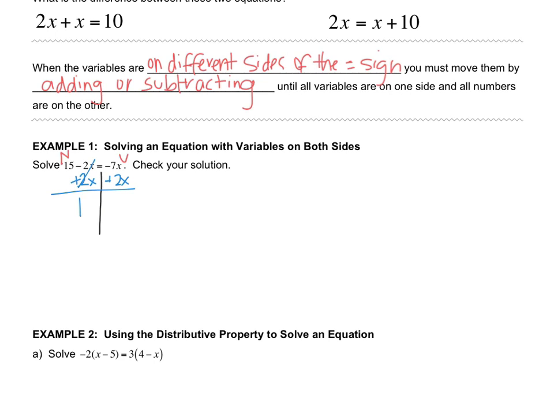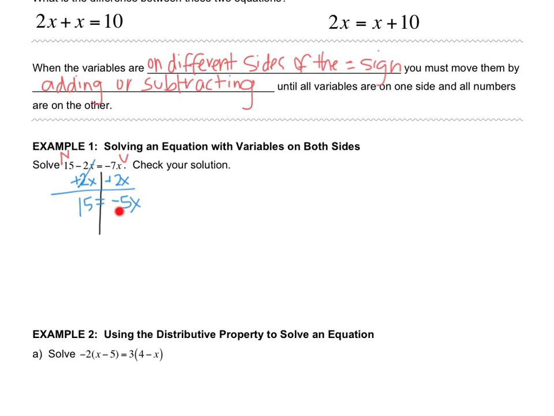So I bring down what I have. I have 15 equals negative 7 plus 2 is negative 5. Now before I do anything else, I have to check to see that things are still on the side they belong on. So is everything on this side now a number? Yes. Is everything on this side now a variable? Yes. So nothing has to move, and at this point I can just do my one final last inverse, which in this case would be